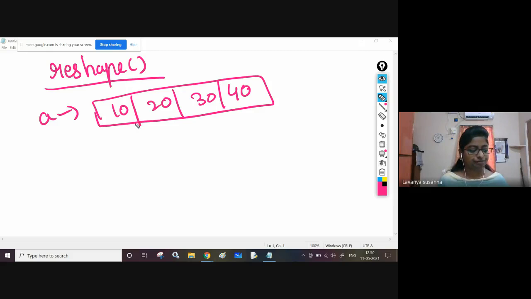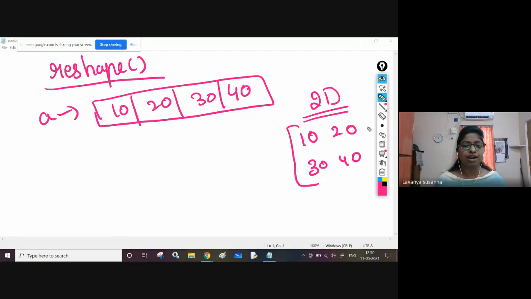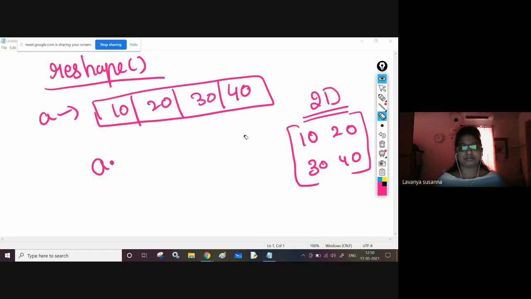Now, reshape. If you want to reshape this one-dimensional array, 10, 20, 30, 40, into a two-dimensional array, that is a matrix like this, with these elements only, how to do it?